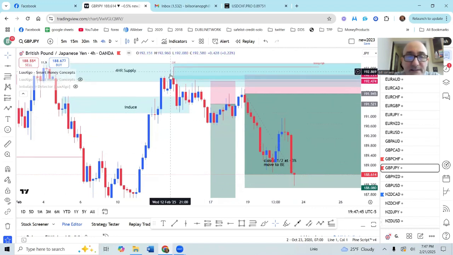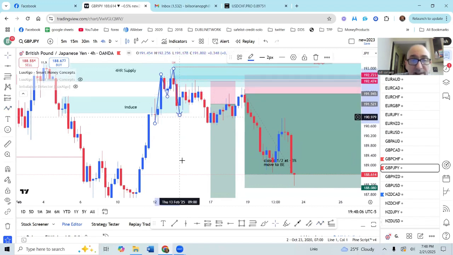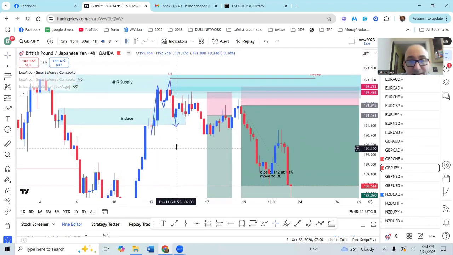So you see it makes this move down to here, okay? Pulls back. And actually, all of these are entries here. If you look at this structure, let me just show you this on the 4 hour. You see how this moves up to here, comes down to here, pulls up. And then when it moves down to here, that gives you this change of character right here. That's what you're looking for. Okay. And then you can identify